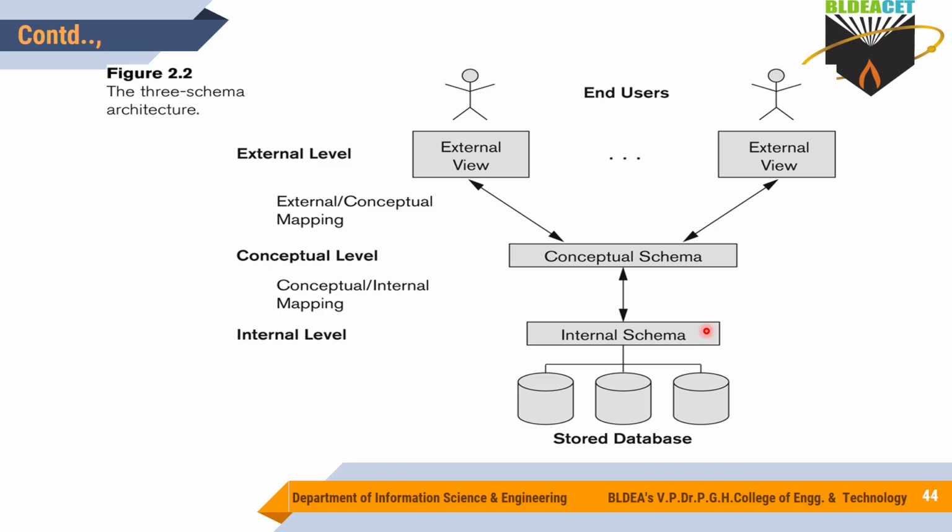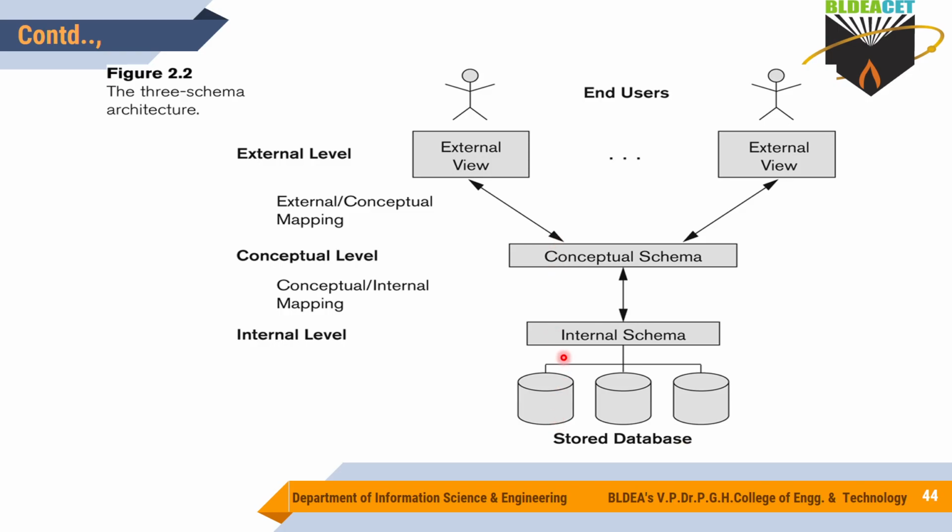Once a database is created, you have to store that database on a disk. For storing, what access paths are required to retrieve that data, what format you have to follow to store that data, and what procedure you have to follow to access or retrieve that data fast, that information comes under this internal schema, that is your internal level here, and this is your stored database here.